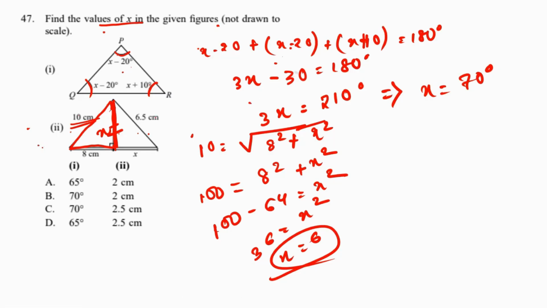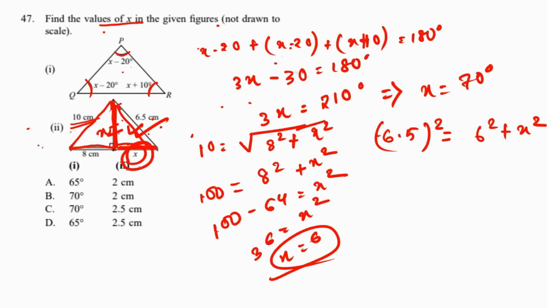Now if the altitude is 6, again putting the Pythagoras theorem for the second right angle triangle over here, for the second half, we can write it as the same thing: 6.5 whole square is 6 square plus x square. This time our x is the base because we have already found the altitude. So 6.5 square is equal to 6 square plus x square. So if we solve this,